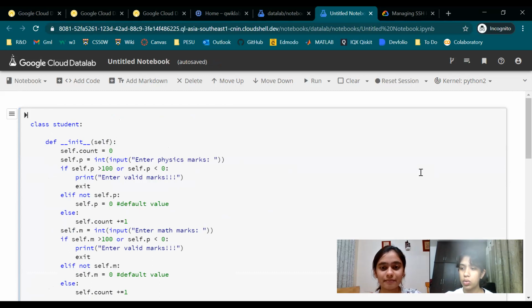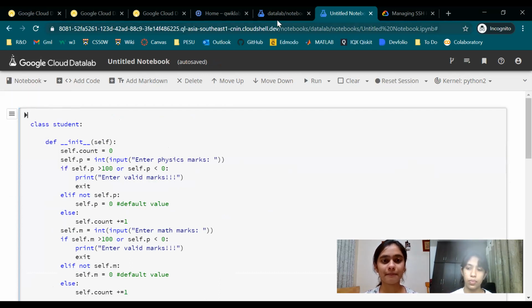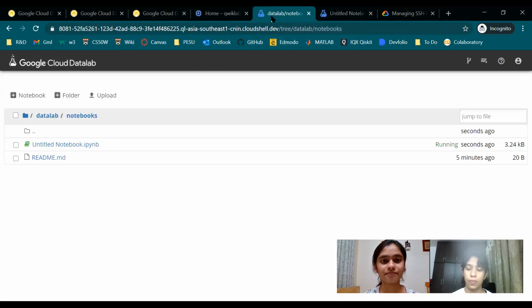Okay, so now we can ungit this, and git and commit. First, let's save it. You can see that there is a new notebook here, and save it as something. It's a Jupyter notebook.